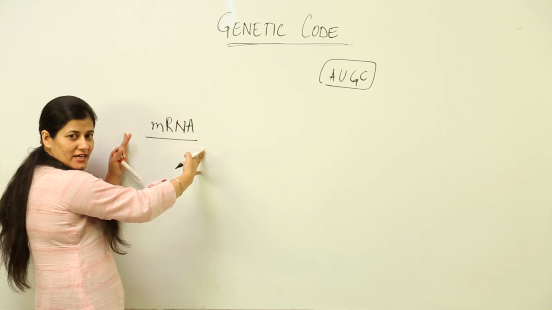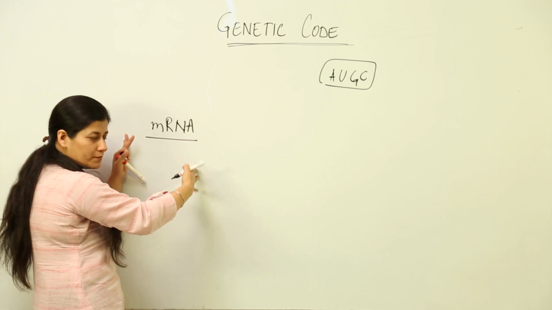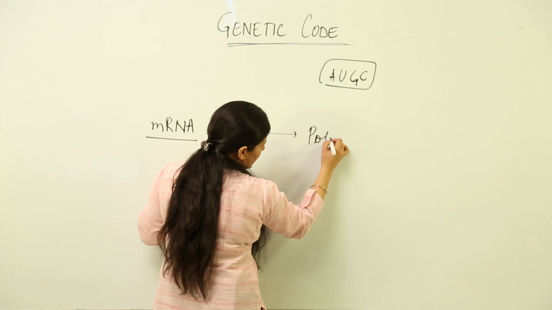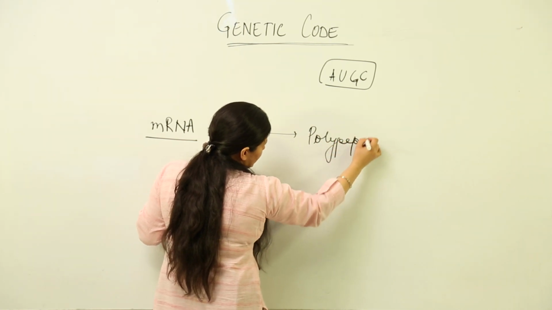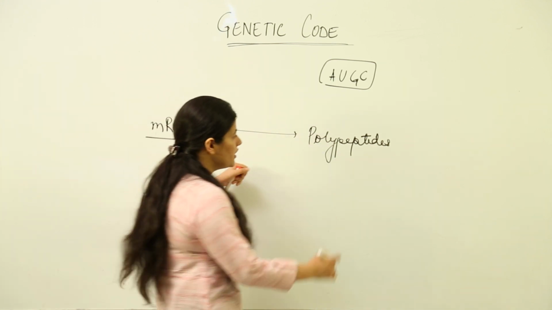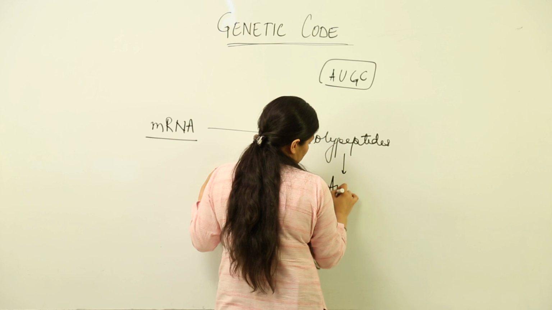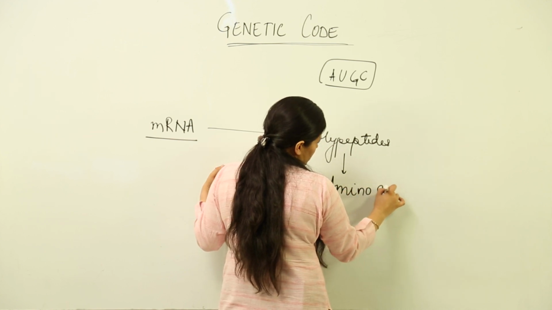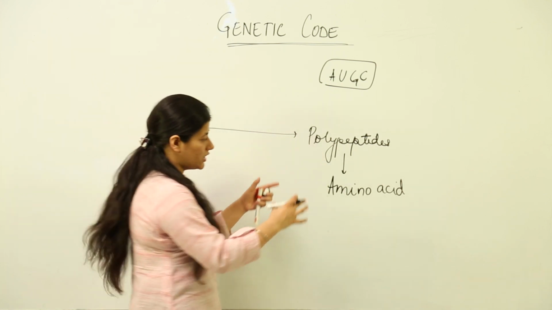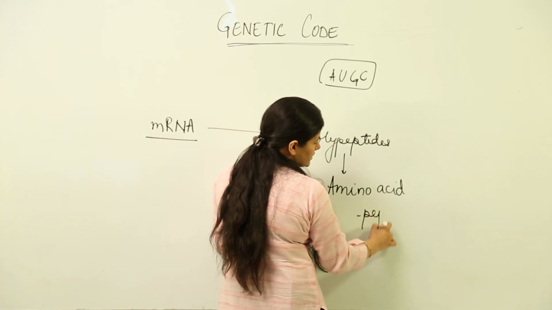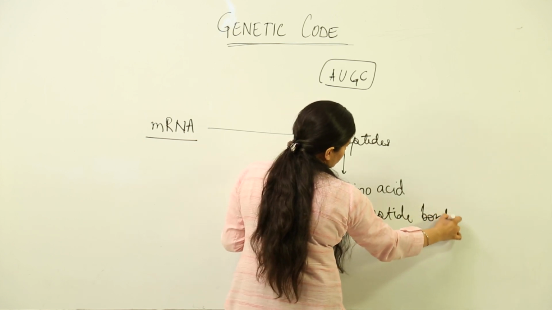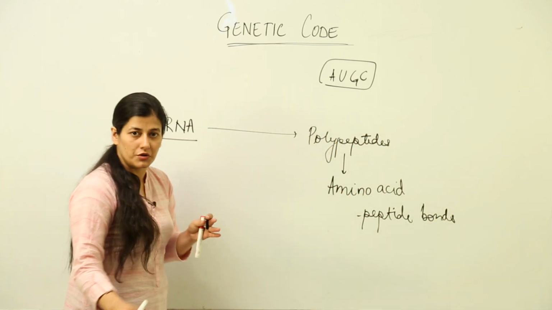Now, this mRNA that has been obtained has to be converted into proteins, or rather I would say polypeptides. Now, from your knowledge of biomolecules, what are polypeptides made up of? They are made up of amino acids, right? Amino acid chain is a polypeptide chain. The polypeptide is formed when many amino acids are bound to each other by peptide bonds, and that forms the polypeptide chain. This is what is to be recalled from your knowledge of biomolecules.